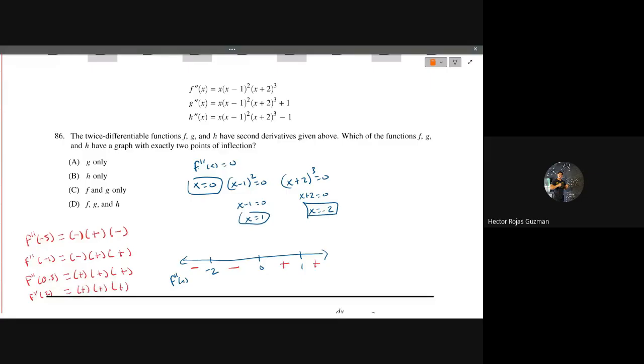So how many points of inflection do I have? Just one at x equals 0, because that's the only point where the second derivative changes sign. So since f is not the answer, we can cross off